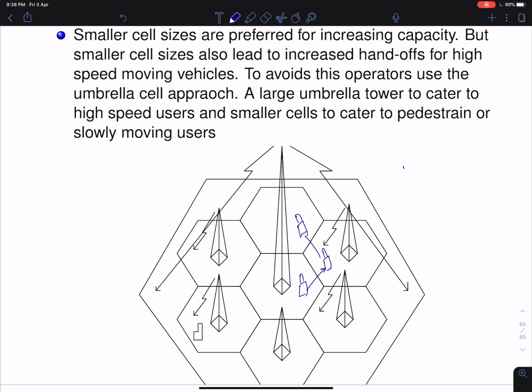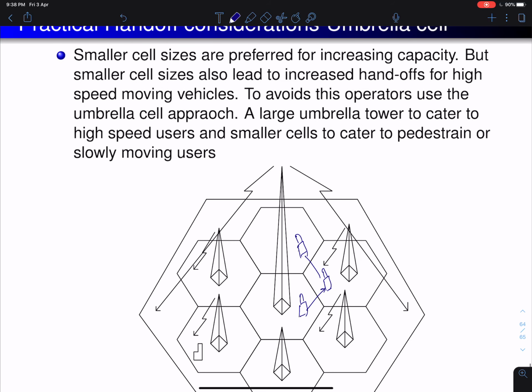Now the problem is, let's say we have a vehicle which is moving very, very fast. If the cell size is really small, then it has to do many, many handoffs, so there's a very high probability that it's going to have a call cut. We want a better user experience, which means we should not have any such broken or blocked calls. So instead, normally the regions will be divided into smaller and larger cell sizes. First we'll have small cell sizes